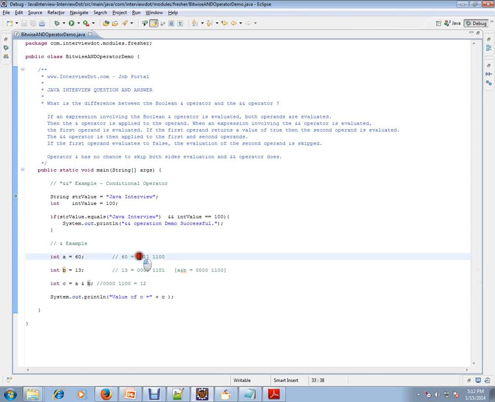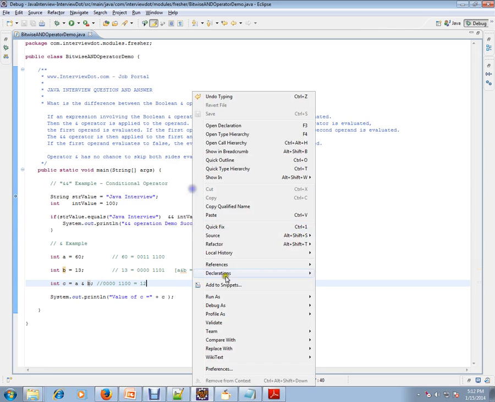Let's see how exactly it works. 0 and 0, I got 0. 0 and 0, I got 0. 1 and 0, we got 0. 1 and 0, again 0. Okay, so the bitwise AND operation is done. 1 and 1, we got 1. 1 and 1, we got 1. 0 and 0, again 0. 0 and 1, 0. So in binary you will be getting this value and it is converted into decimal.